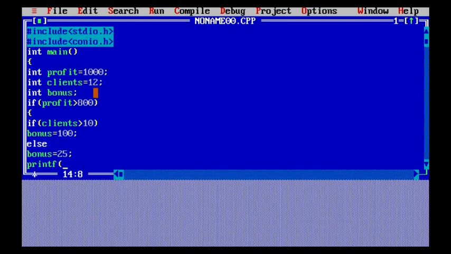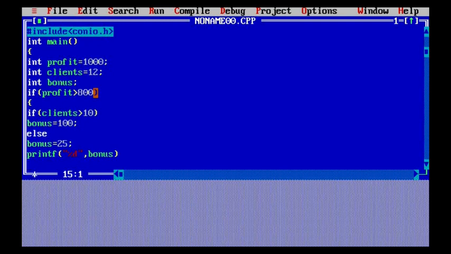We can give it on our own also. If we want to give it from the scanf statement, we can give that way also. If we want to assign the value, we can give that also. Basically, nested if means using an if statement inside another if statement, and that is known as a nested if statement.